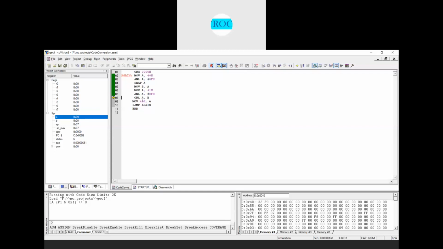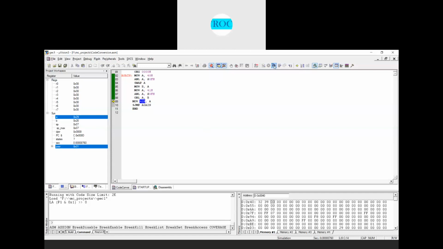Next, I'll perform an OR operation, ORL A comma B. When I perform it, you get 29, because B is having 20 and A is having 09. That content I will move into memory location 42H. As of now 42H does not have any content, it is 00.